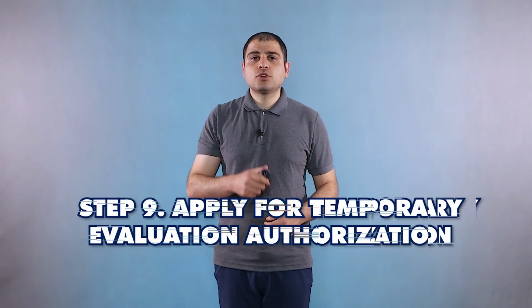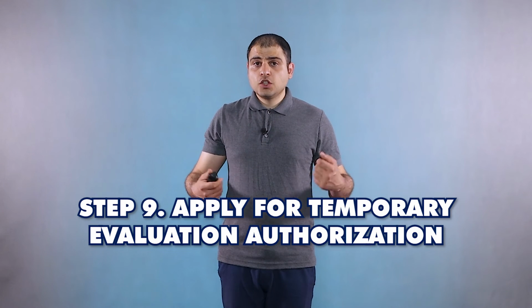Step 9, apply for temporary evaluation authorization. You must apply and receive the evaluation authorization before beginning your adaptation and training. You must begin your employment within 12 months of finishing your medical test and language exam. The evaluation authorization you receive only applies to the department or type of practice you want to take. You cannot use it in another place or type of practice. For instance, if you get the evaluation authorization for a particular hospital in Amsterdam, you cannot use it to work in another clinic. The first step is to send an email to the Danish officials and give them the below